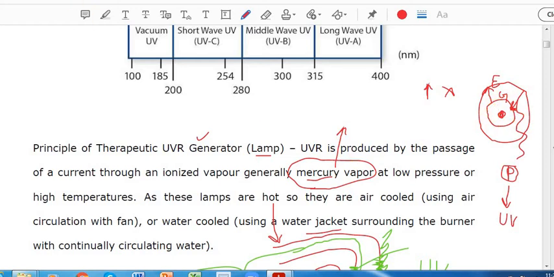So now when the energy is absorbed by the atom, where will it go? It will try to excite the electron that we have just discussed. And you know that when the electrons are excited, they go to the higher energy level and they will come back, and when they come back, a photon is emitted, and that photon will give you the ultraviolet radiation.